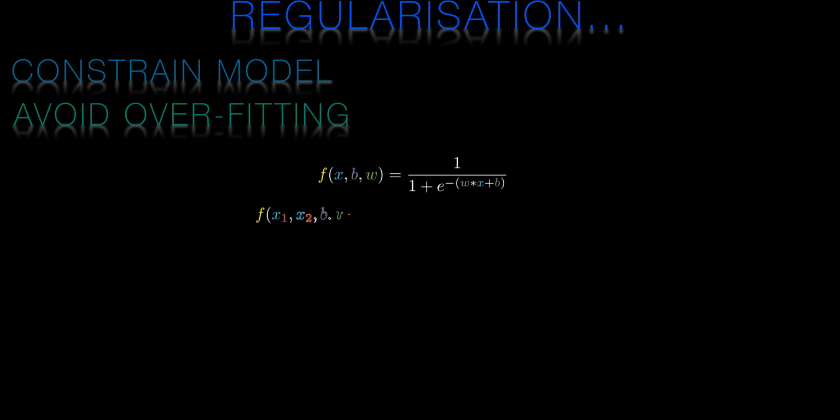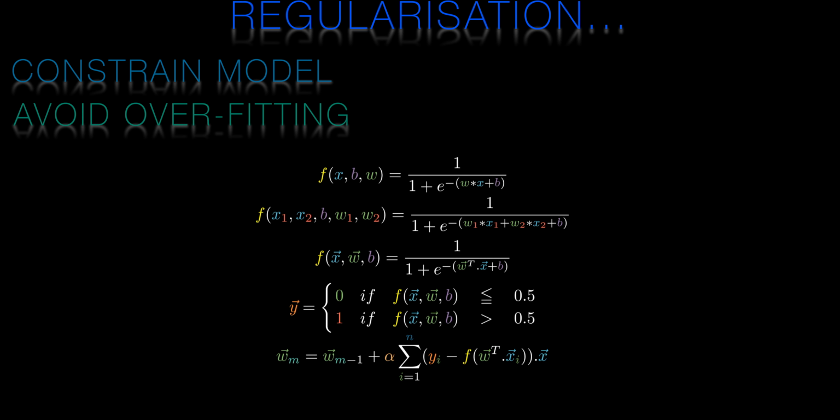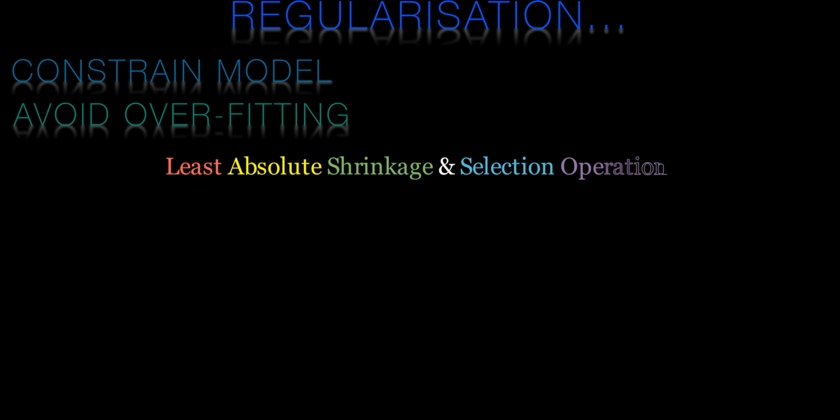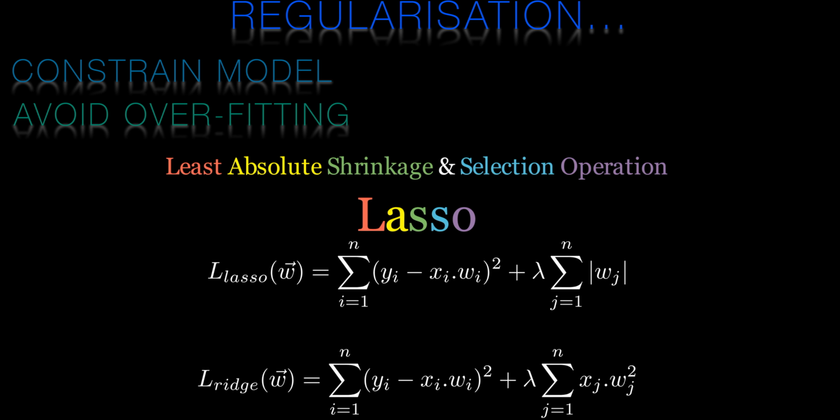For a logistic regression model made up of weights, we can constrain our model by not allowing the weights to get too large. During training, we can penalize bigger weights by adding a term to our cost function that penalizes large weight multipliers. LASSO stands for least absolute shrinkage and selection operator, and the formula is shown on your screen. When compared to ridge regularization, you can see that the key difference is LASSO penalizes large absolute weights, whereas ridge penalizes large squared weights. This has the effect of driving the weights for the least significant features for LASSO close